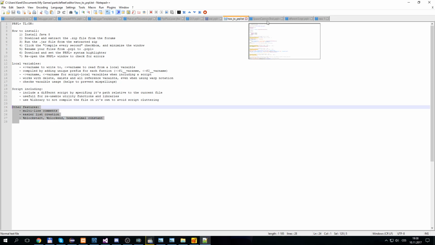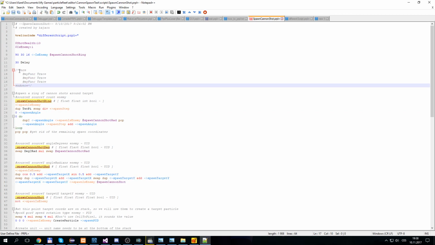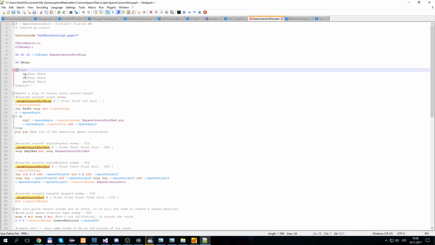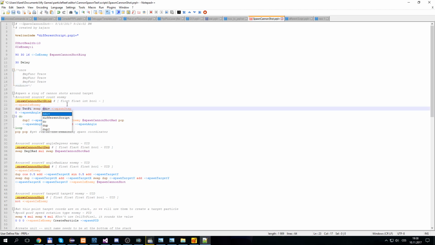The first one is multi-line comments. Very simple. You just write this for the start of a multi-line comment and this for the end. Now what I find useful is I could duplicate trace if I quickly want to see what is here. And then if I don't want to see it, I can do this. So this is a cool way to use this. Just beware,